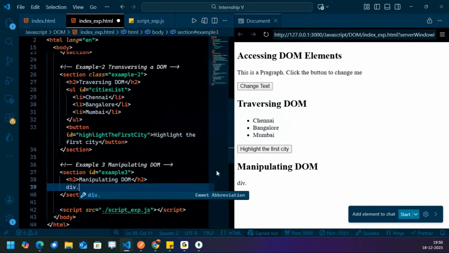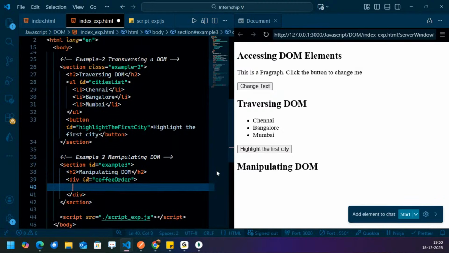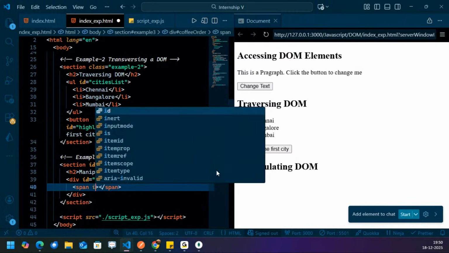The div with the ID our coffee order. Fine. In this coffee order, we have to add the data like this, a span with an ID